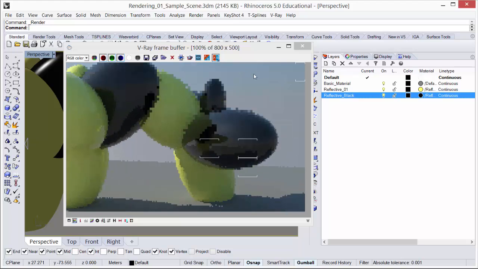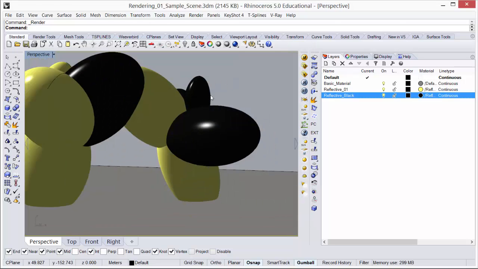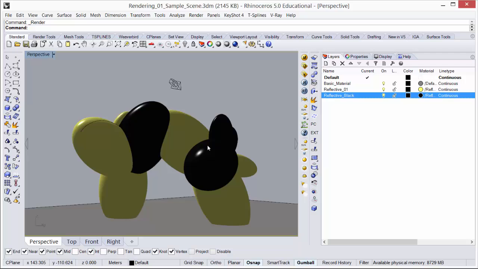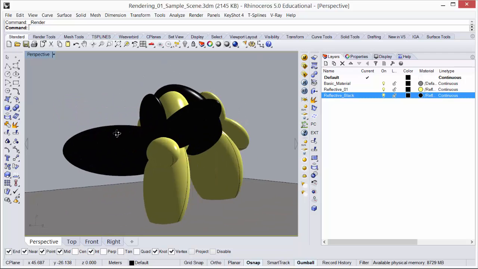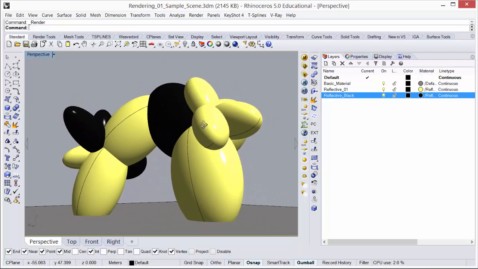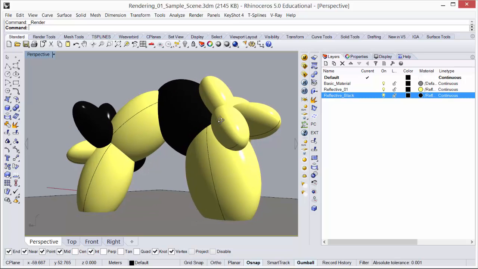I might cover that cutoff in a future tutorial, but for now I think we have covered the basics of setting up diffuse and reflective materials, and you can see that we're getting some sky mapping onto our objects, which gives it quite a lot of depth. And now the environment starts to matter much more, that we are getting reflections on our objects,